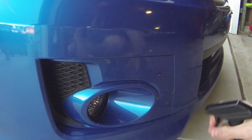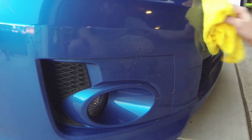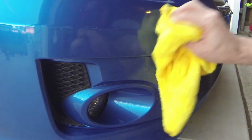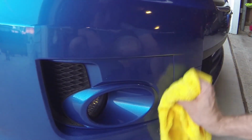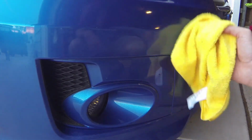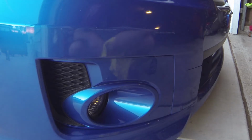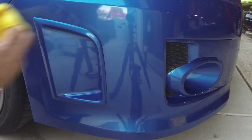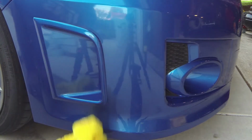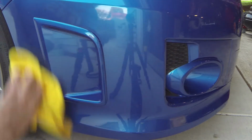I spray it on there fairly heavily, I guess, and let it penetrate for a little bit, but really, okay, never mind, it doesn't work that good. Just kidding. These are actually some pretty gnarly bugs. You can actually see it clean the little water spots off the car, so that's nice. And it seems to leave a nice coat. Keeps your paint